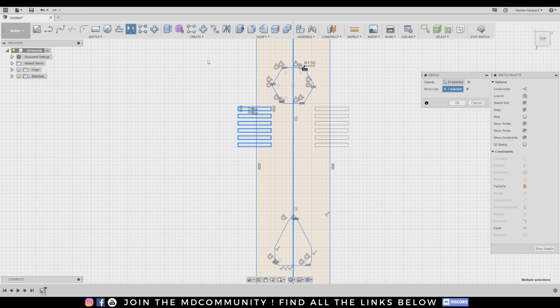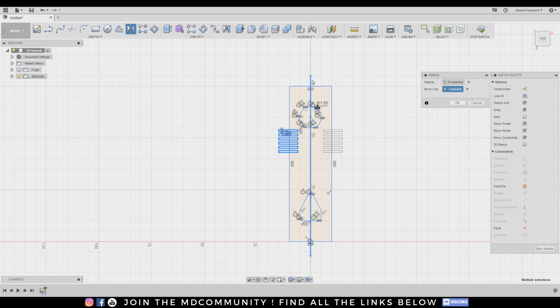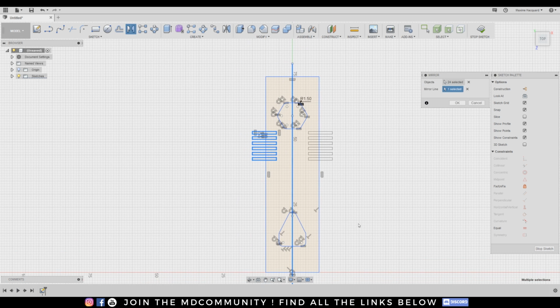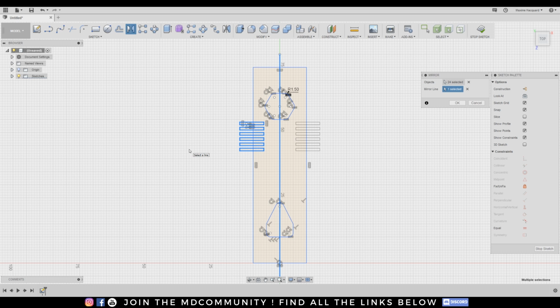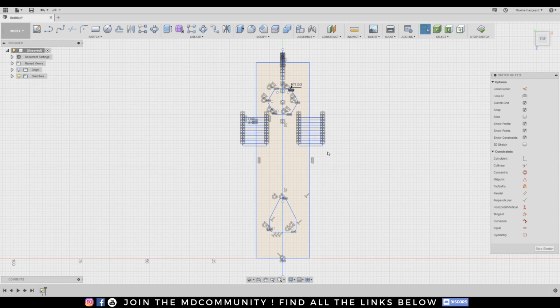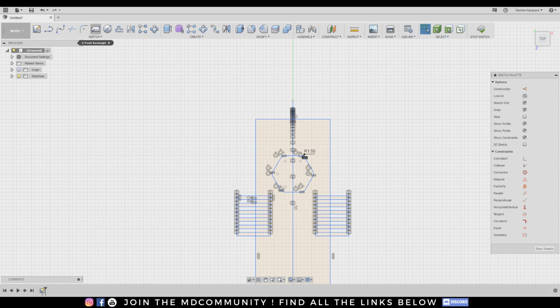So I will show you some tools. Sometimes there are more clever ways to do this operation, like working on only one part and, at the end, doing a mirror on everything. But I will stay with this for the moment to show you a few tools, and then I hope you will love this software and learn more about it. Let's click OK, and I will design new things. I will go here, take the line tool, and design something ugly like this.